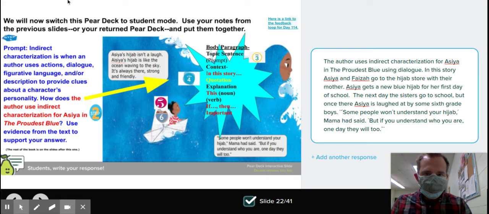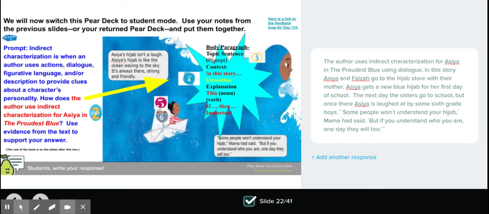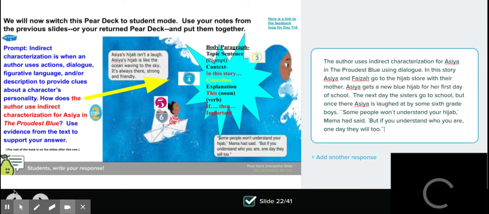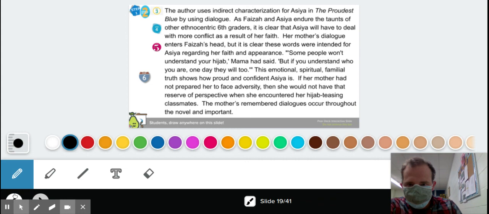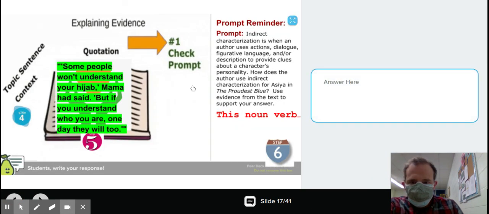Now we need to do something with that quotation, right? Well, the first thing you do after you get a quotation going, and I want to show you the GIF for this, is this. Is it showing you? I hope it is. Come on. All right. So earlier in the slide, you get this, and it says number one, check prompt. Number two, you pick out a noun. Number three, you pick out a verb, and you keep explaining it. You keep analyzing the quotation, right? That's what it means to analyze, is to dig deeper, okay? So this noun verb